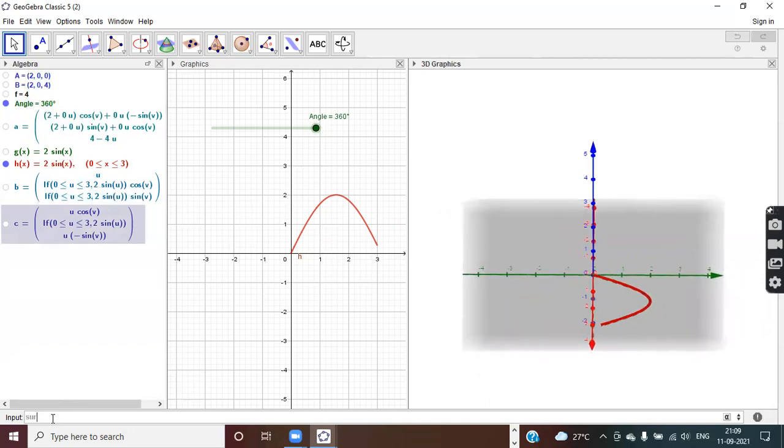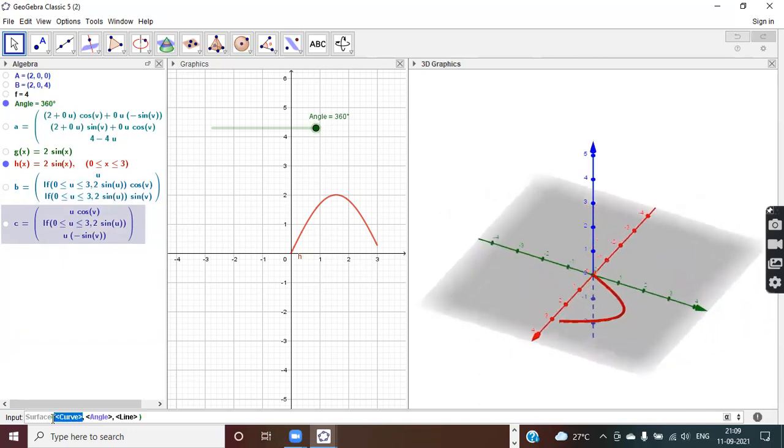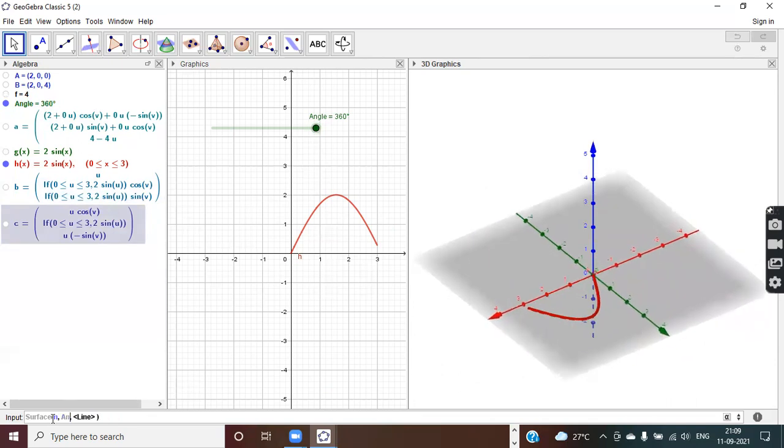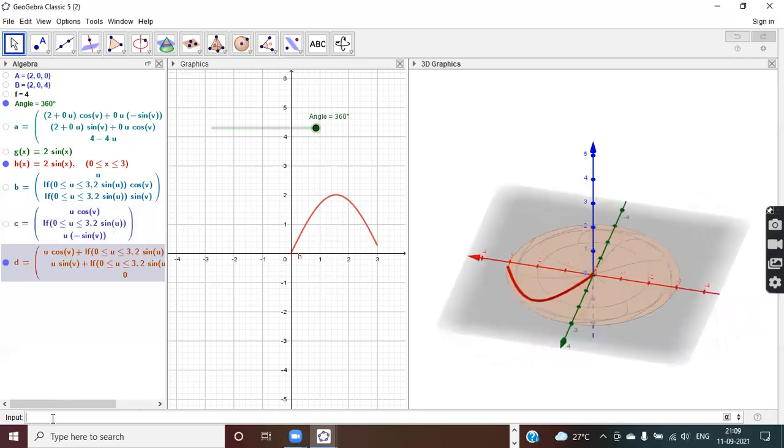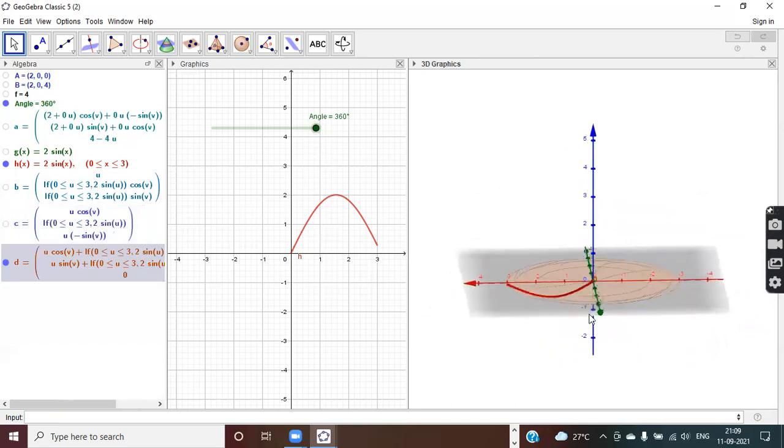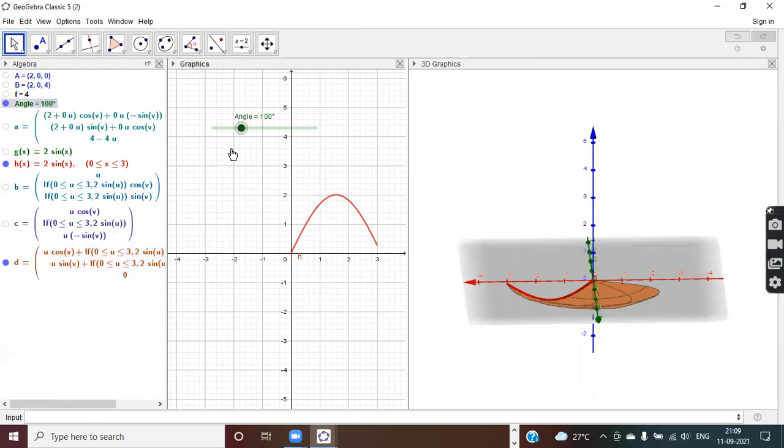Let's use the same command along z-axis now. H, angle, and z-axis. Look at this, it's just a disk. The disk is ready. So yeah, please ask your questions if you have any, because there is no use if I don't give you time to practice. Giving you 1 minute to